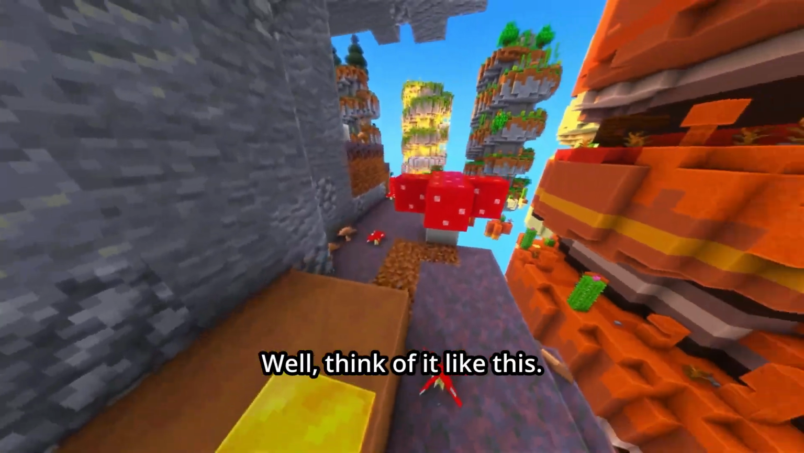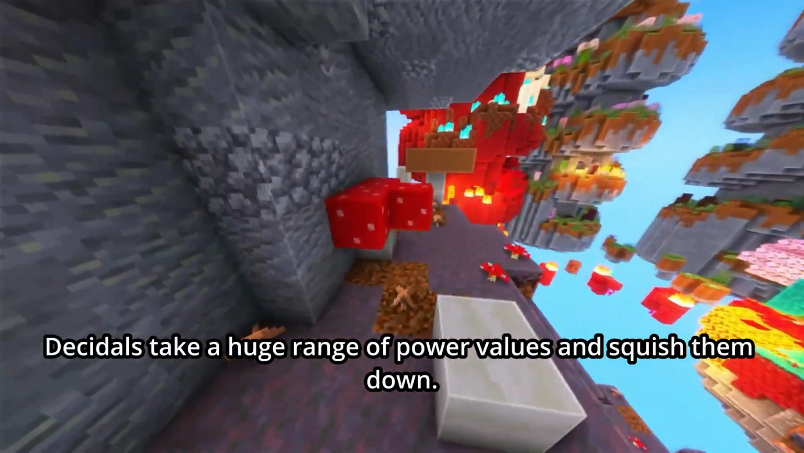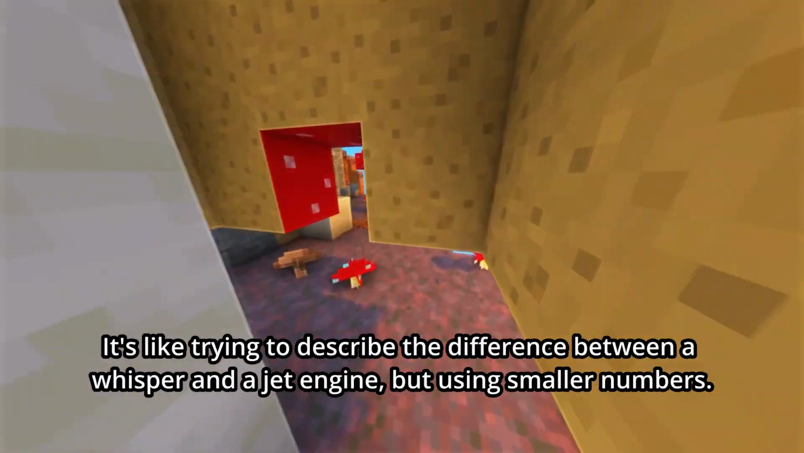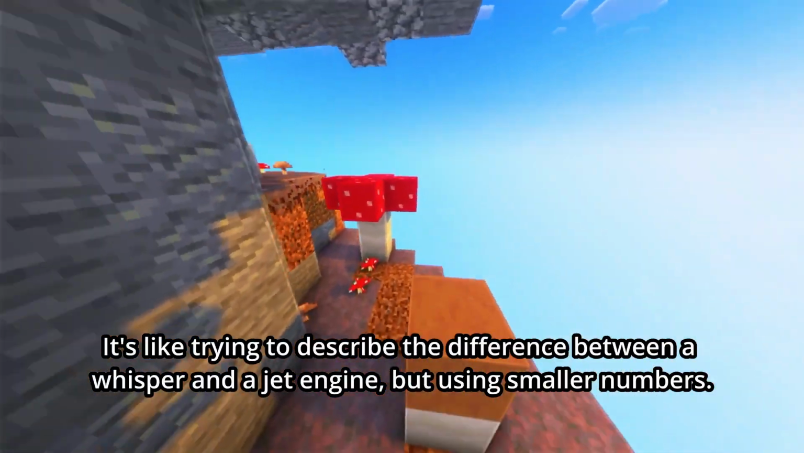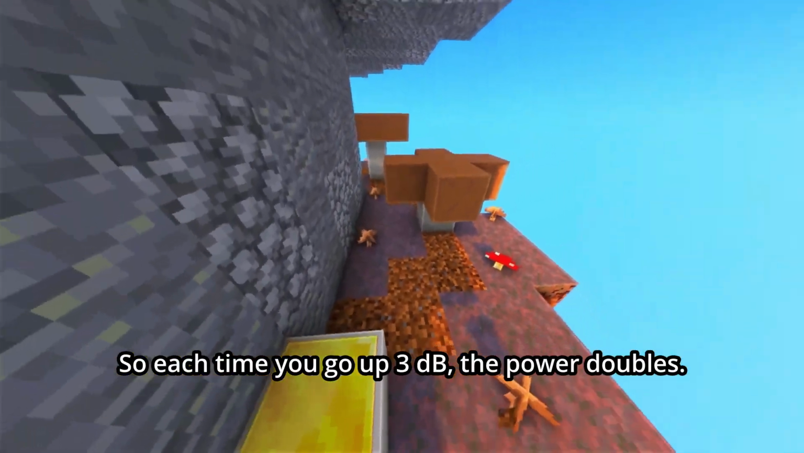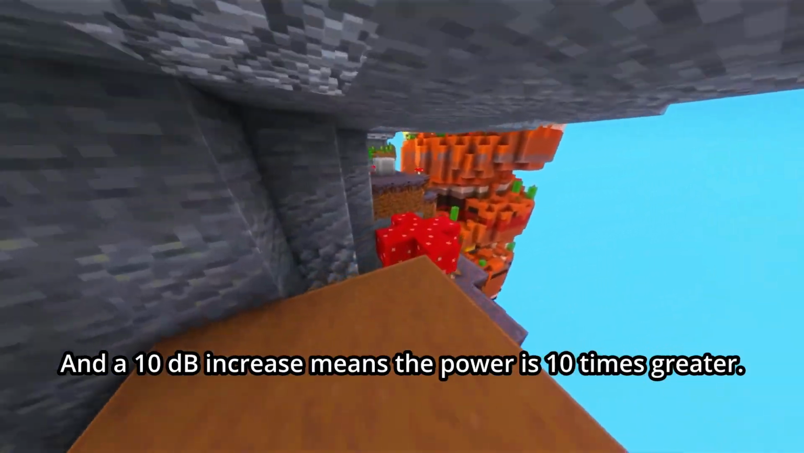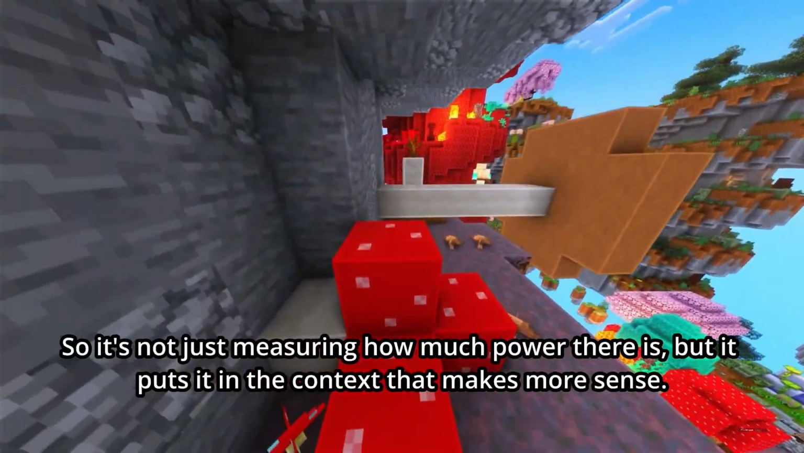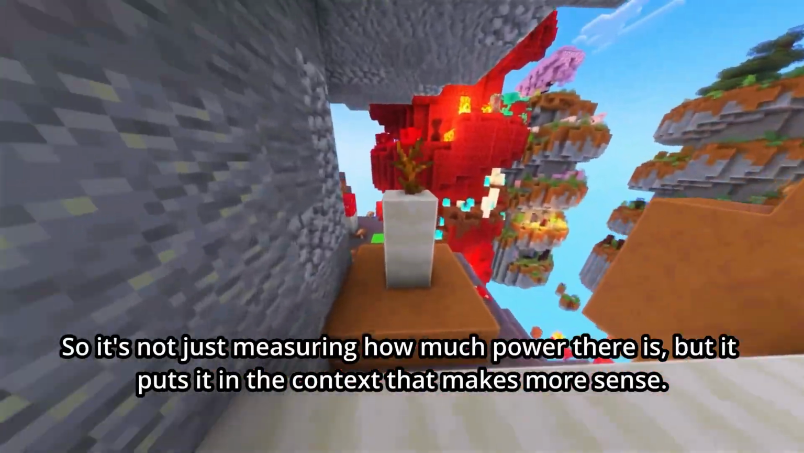Well, think of it like this. Decibels take a huge range of power values and squish them down. It's like trying to describe the difference between a whisper and a jet engine, but using smaller numbers. Right. So each time you go up 3 dB, the power doubles. And a 10 dB increase means the power is 10 times greater. Oh, I see. So it's not just measuring how much power there is, but it puts it in a context